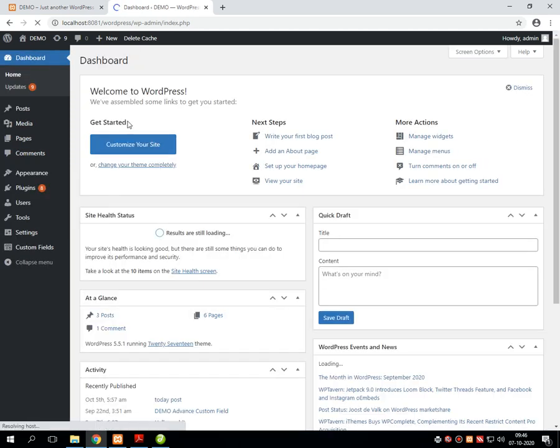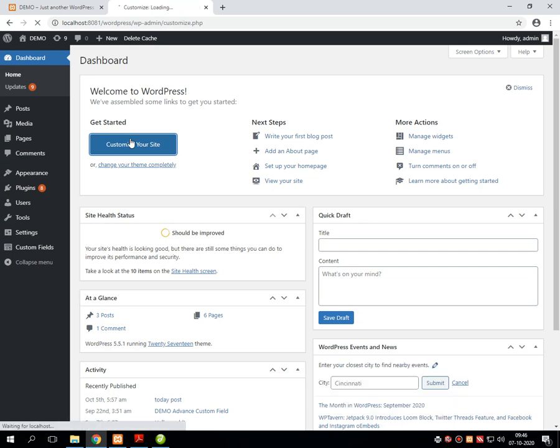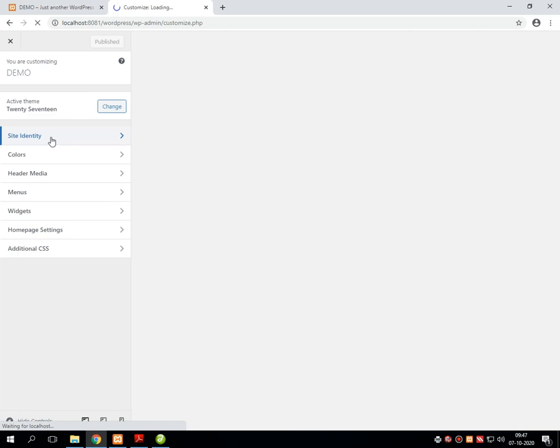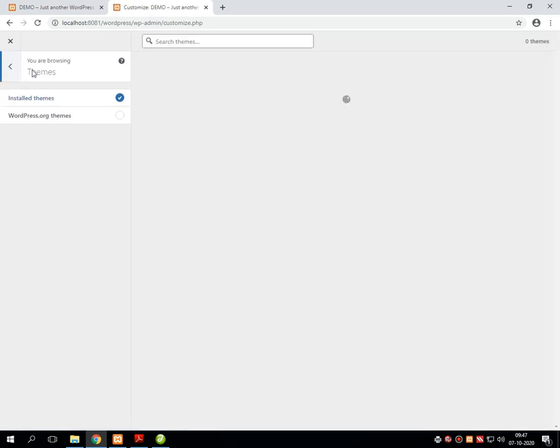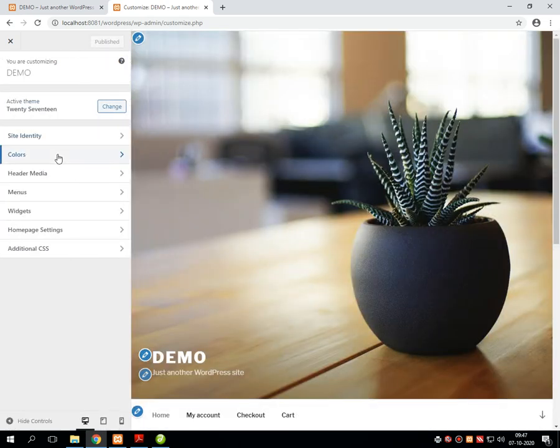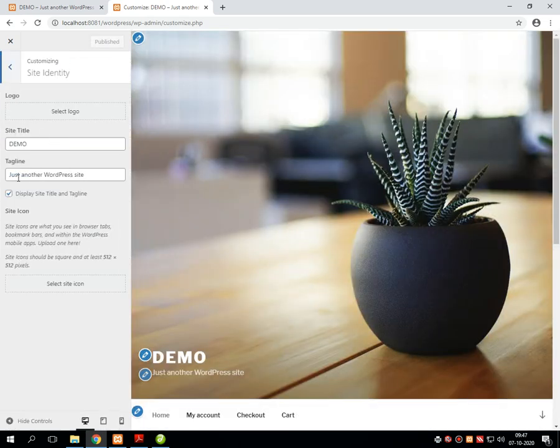Say for example, let me go into customize your website, then site identity, and then just change the tagline. This is test, and publish.